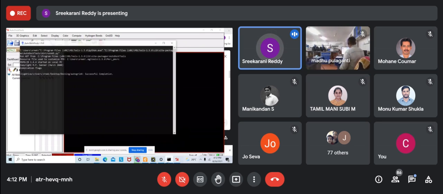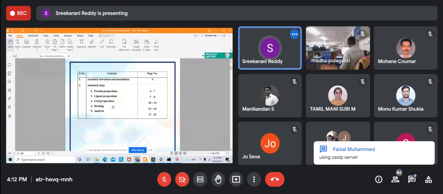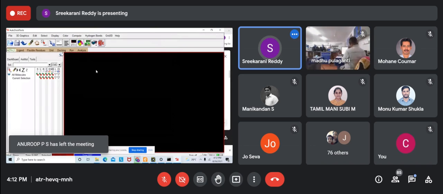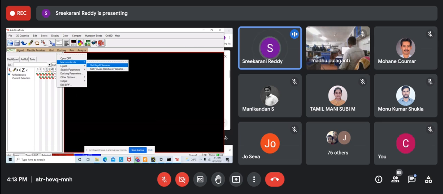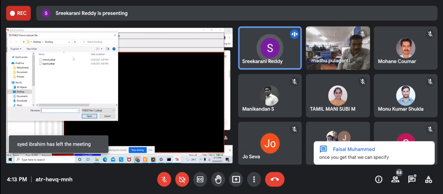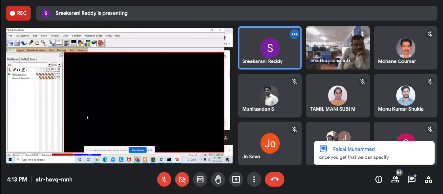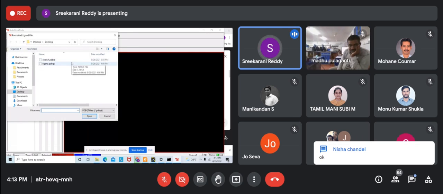Okay, now we have completed successful completion, so the grid has been generated. Now the last step which we need to proceed with is docking. For docking, just as we generated the grid parameter file, that is the GPF file, grid.gpf, in the same way we need to generate the docking file. So we need to generate the doc.dpf file. We'll go to docking, macromolecule, set rigid file name. Here we'll open the protein .pdbqt. After that we'll open ligand, open, then ligand.pdbqt.